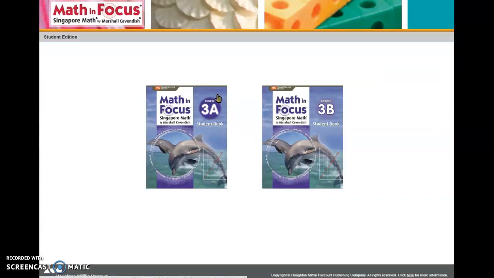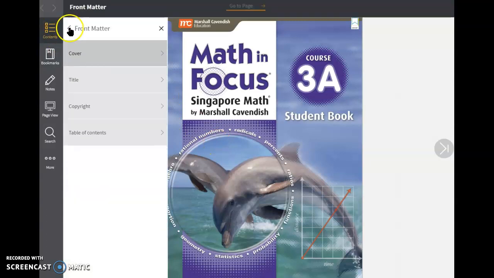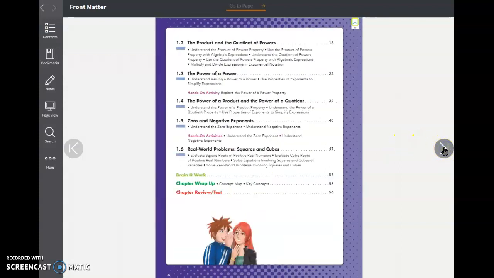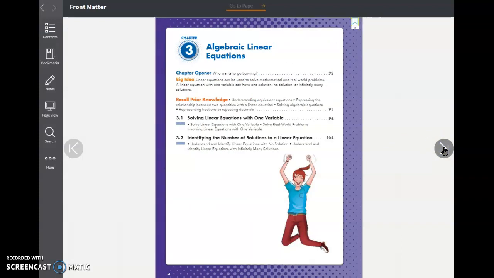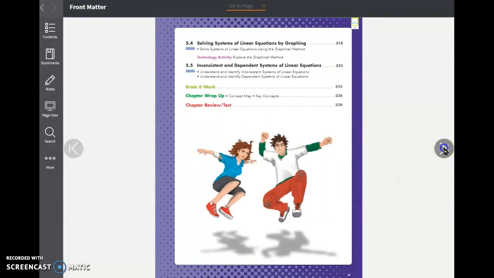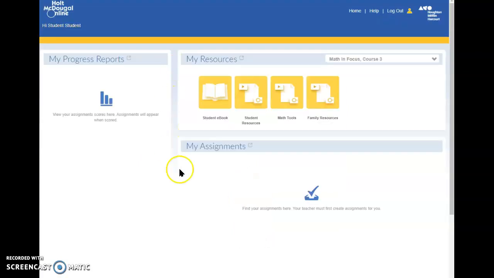Now, if you go into the student online book, I think most of the things that should be reviewed before Algebra 1 are in the 3A textbook. And I think it might be wise to review material in chapters 3, 4, 5, and 6. And one of the best resources for doing that would be to go into the student resources section,